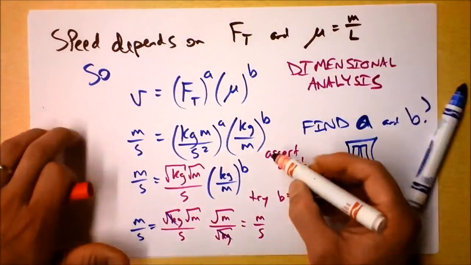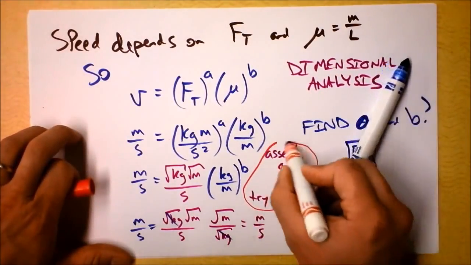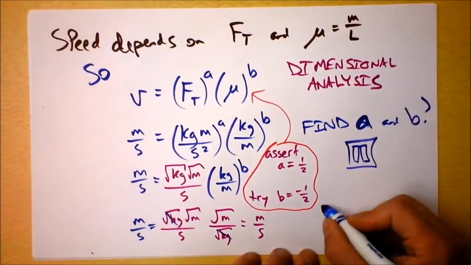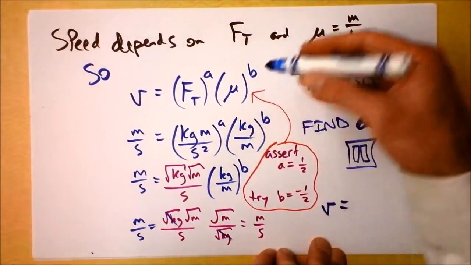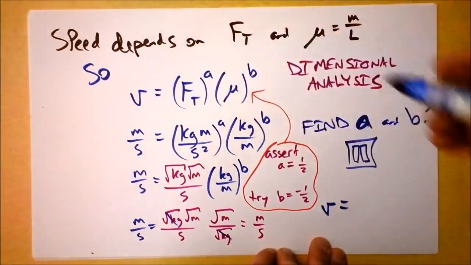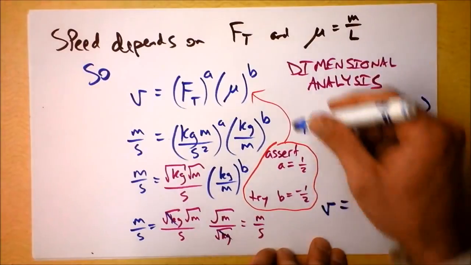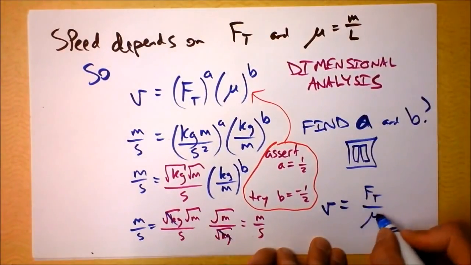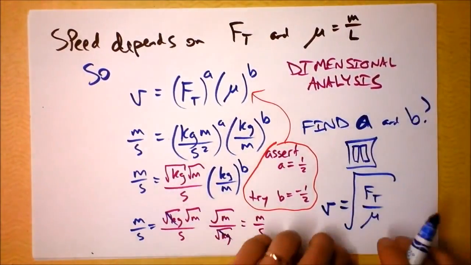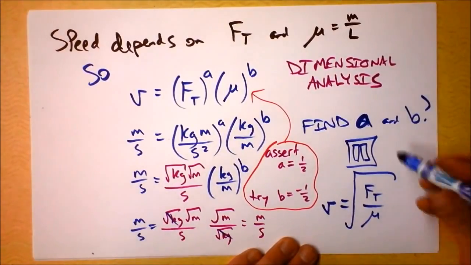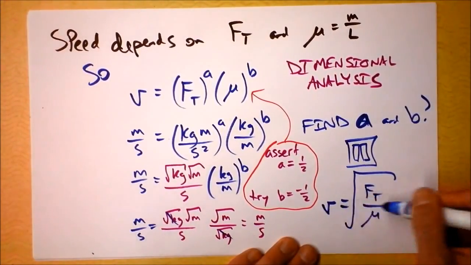We've got a is 1/2 and b is -1/2, and we take these and we get our equation. Here's our equation. It says V is the square root of the tension force, and inverse square root of mu. There we go. Now, this is from dimensional analysis, so we know if these are the only things that speed depends on, then